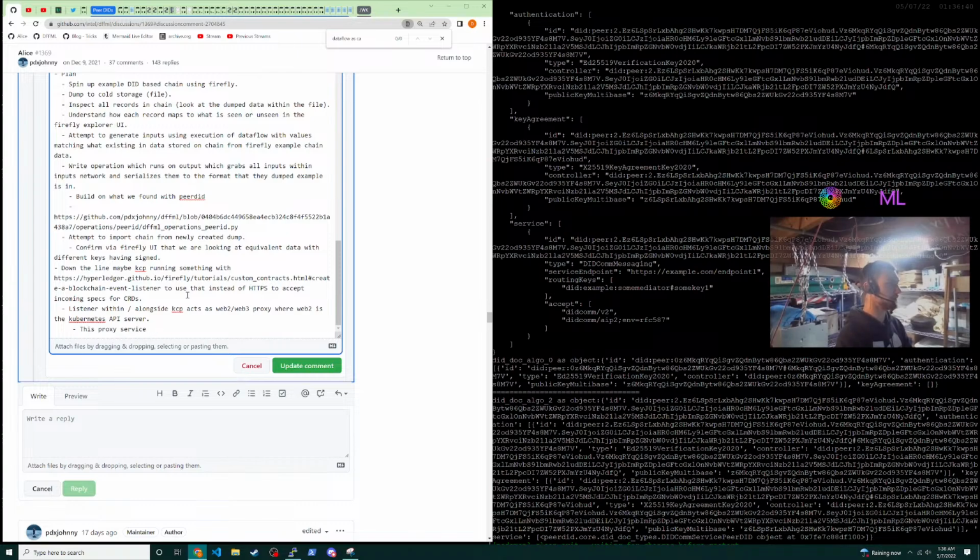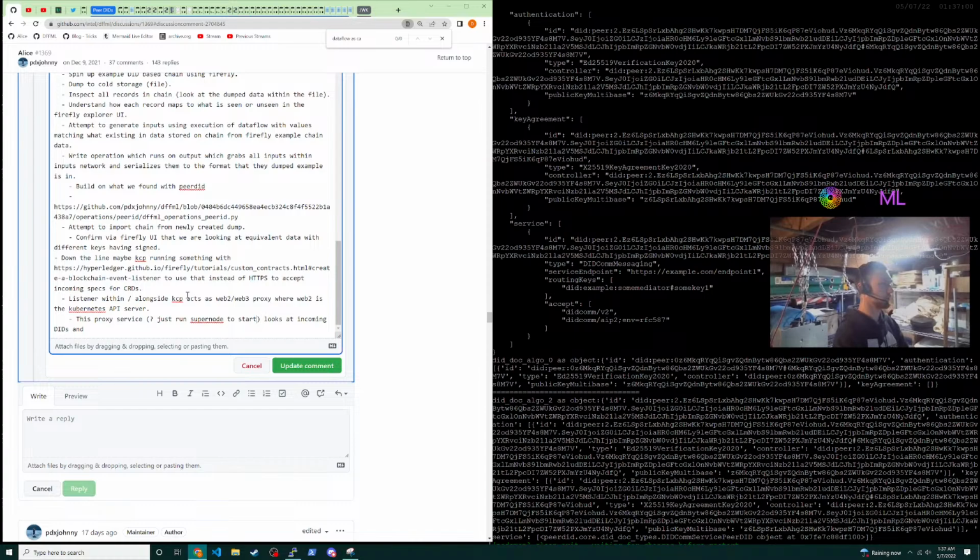initiates, looks at incoming DIDs. And proxy service, question mark. Supernode, just run supernode. So basically there's this concept of the supernode. For our basic implementation, we might say, let's just run the supernode, and then we could plug in whatever framework we want. So this proxy service just runs supernode to start,